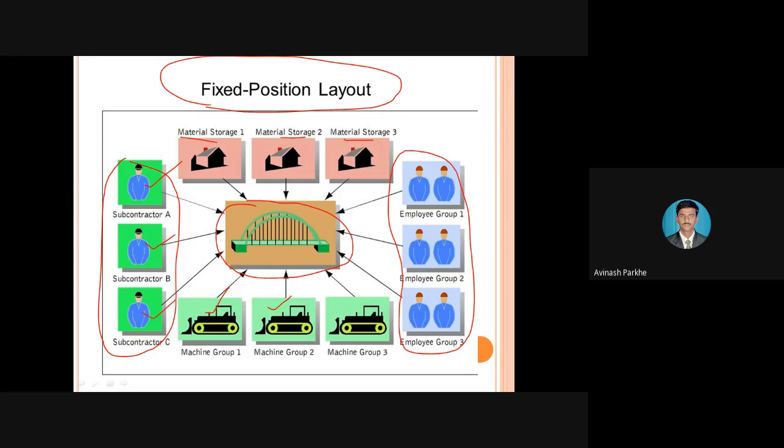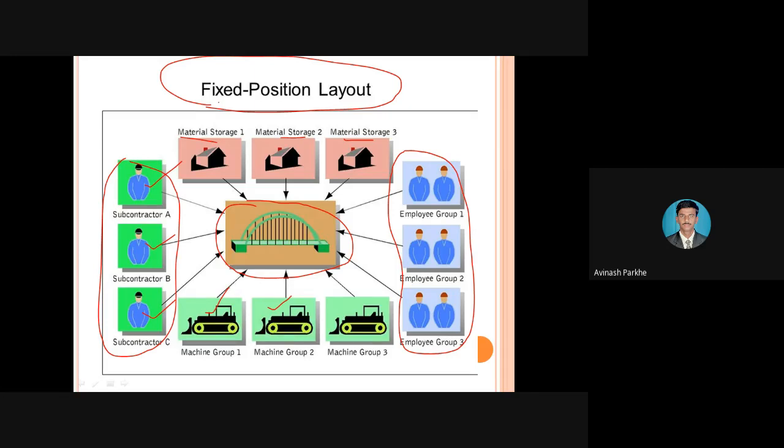If I have to start the construction of the ship, or the aeroplanes, whatever the facilities, machines and labors are required, they come together at that location and then they start their work. Similarly, for the bridge construction, whatever the materials, equipments, contractors, supervisors, engineers and employees are required, they come together and start the construction of the bridge at one location only, where the location is totally finalized, it is totally fixed. Therefore, this layout is called a fixed